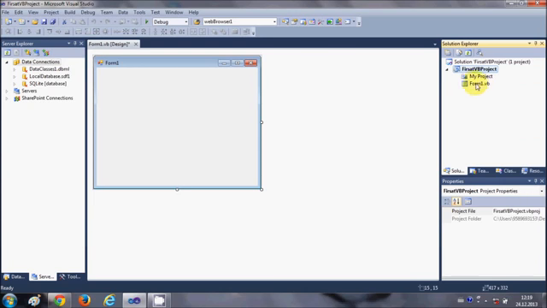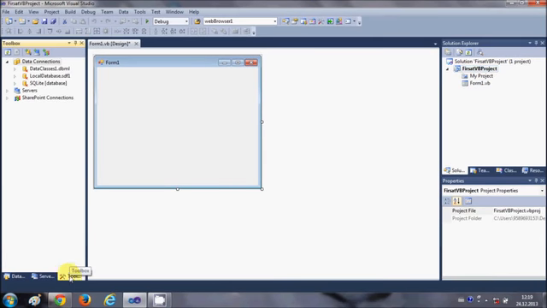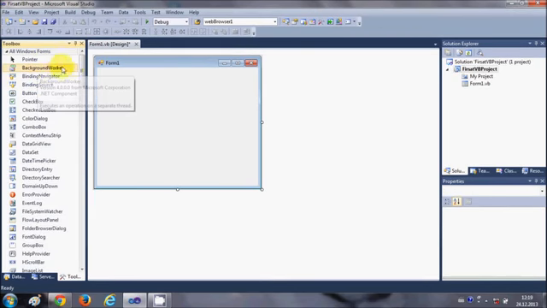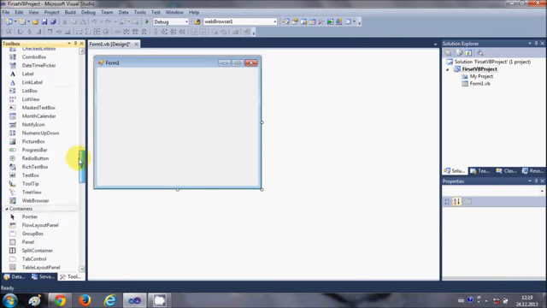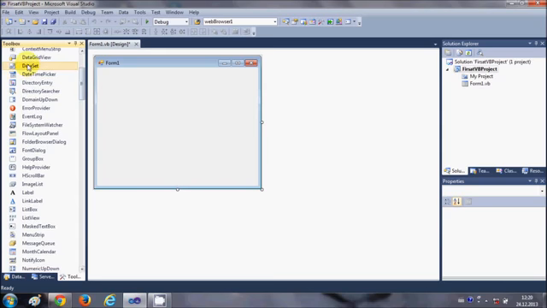Okay, and it has a toolbox, and from the toolbox you can choose tools like button, text boxes and other tools, and you can drag and drop into the form, and then you can provide the code for the action that the tool will perform.